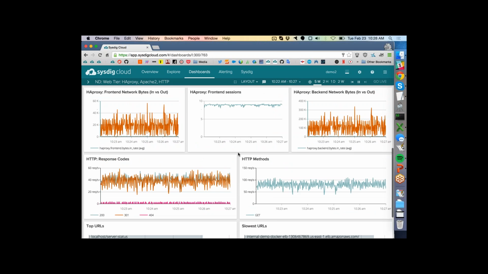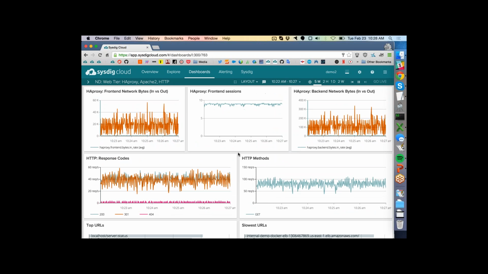And another way that this becomes really powerful is when you start to layer orchestration tools on top of this, we're able to extract the metadata from that orchestration tool. So let's just imagine that this HA proxy container was actually deployed by Kubernetes in this environment, and I had dozens of HA proxy containers scattered across dozens of underlying physical servers.